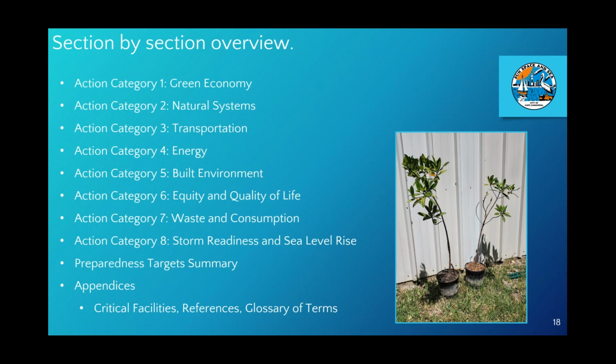This category reviews equity and quality of life and calls for educational campaigns to empower residents and in compliance with AARP's 8 domains of livability. It lays out the direction to develop a separate equity and community-driven social sustainability action plan to tackle subjects like affordable housing and food access. In the context of sustainability, the term equity has to do with fairness, whether all people have similar rights and opportunities, basic needs to maintain an acceptable quality of life. It is such a large topic that it really will require its own document, and that's just what we call for here. Next is waste and consumption.